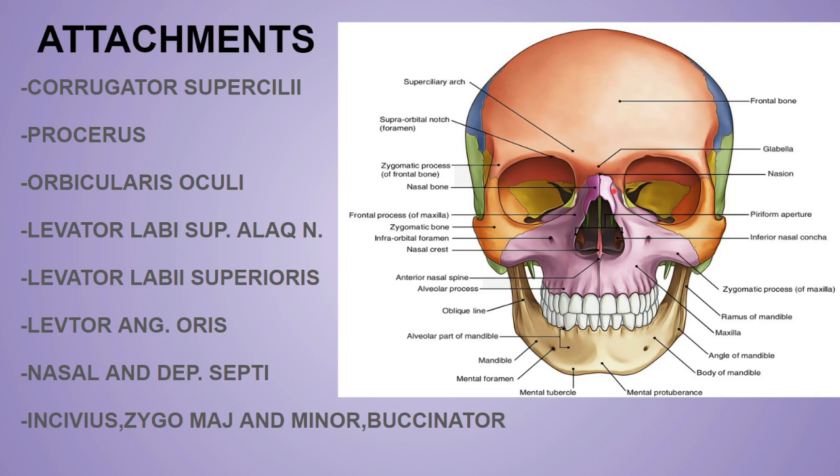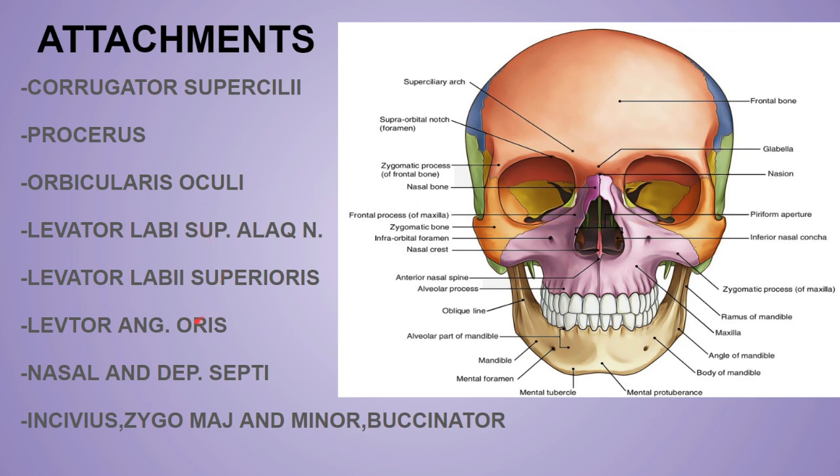So mainly 3 things over here, 2 muscles and one ligament. The orbicularis oculi orbital part arises from the frontal process of the maxilla and the nasal part of the frontal bone. Then the levator labii superioris alaeque nasi arises from the frontal process of the maxillary bone, and the medial palpebral ligament arises from the same. Now the levator labii superioris arises from the maxilla between the infraorbital margin and the infraorbital foramen. Between these two, there will be the levator labii superioris origin.